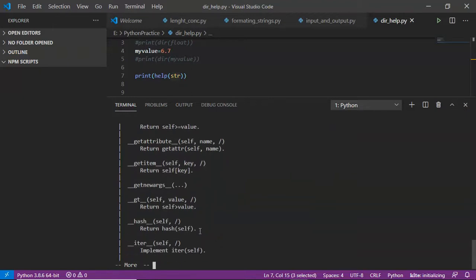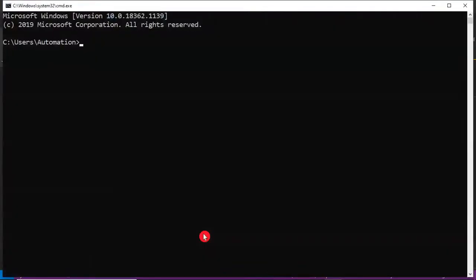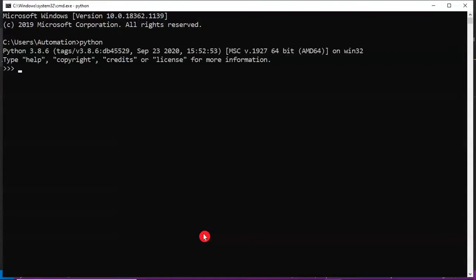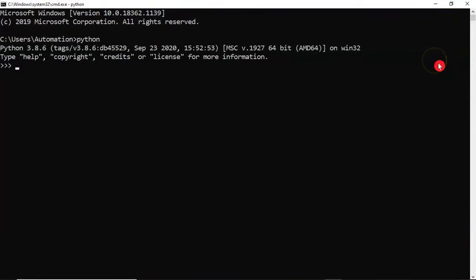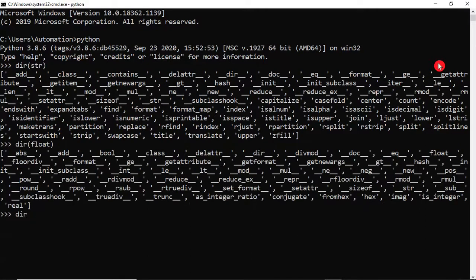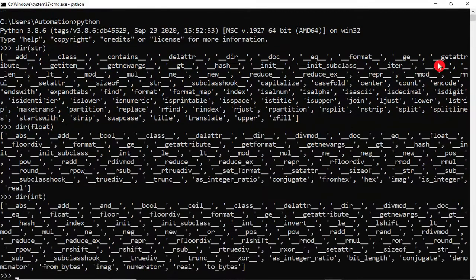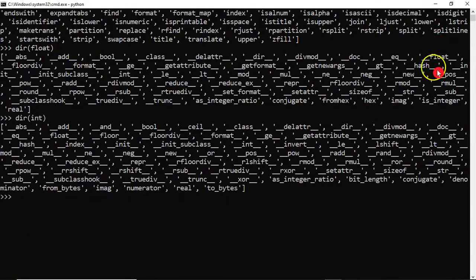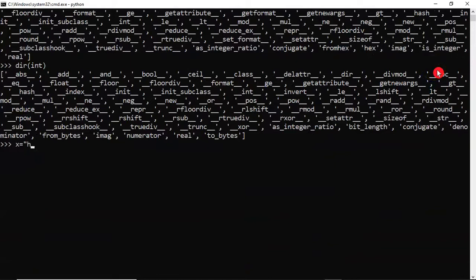And you can also see the same documentation from your Python shell. Now let me open my command line. So I am entering the Python shell. Here suppose I am taking dir, directly you can write, no need to take print here, dir of string or dir of float, dir of integer, or even you can simply take one variable and apply your dir function on that variable.